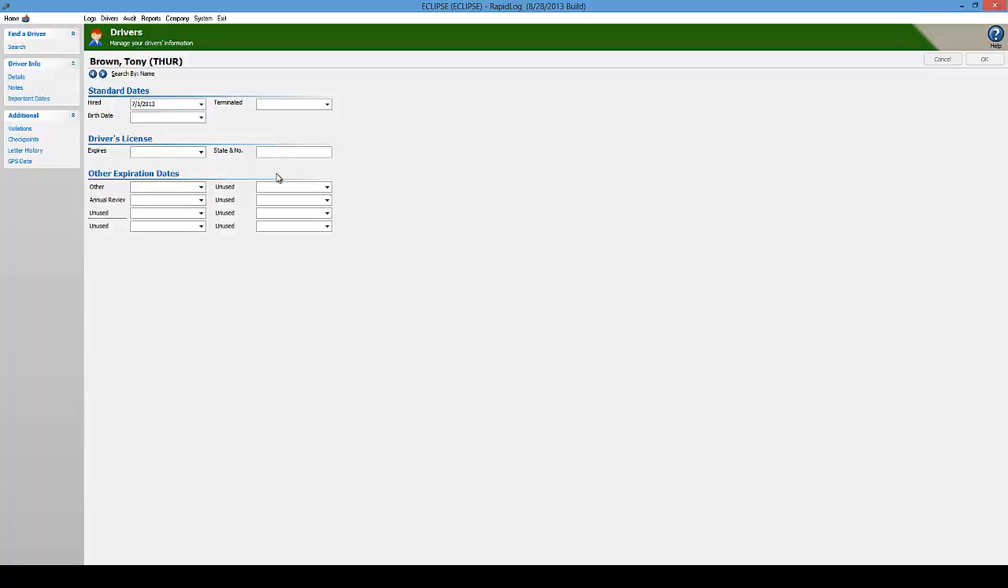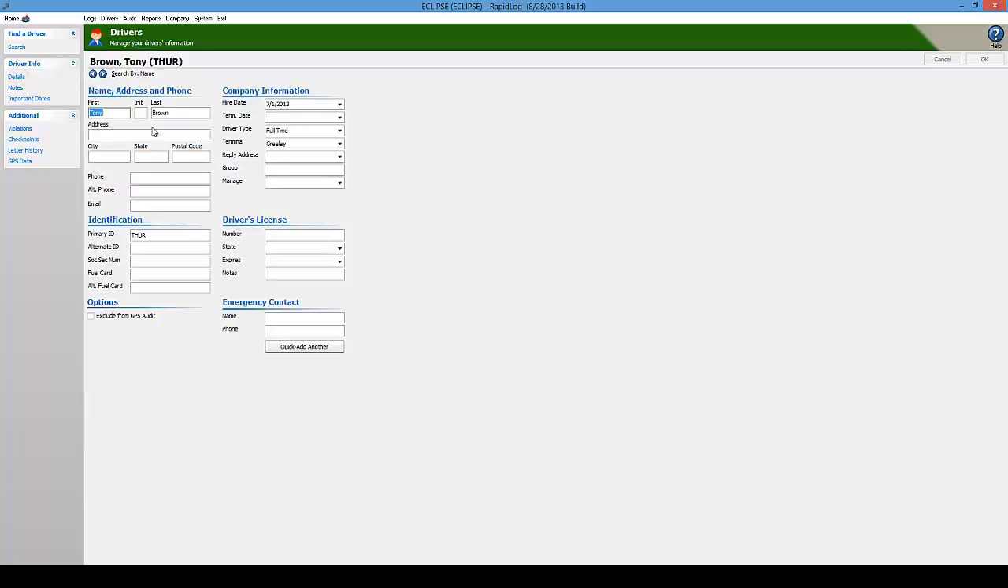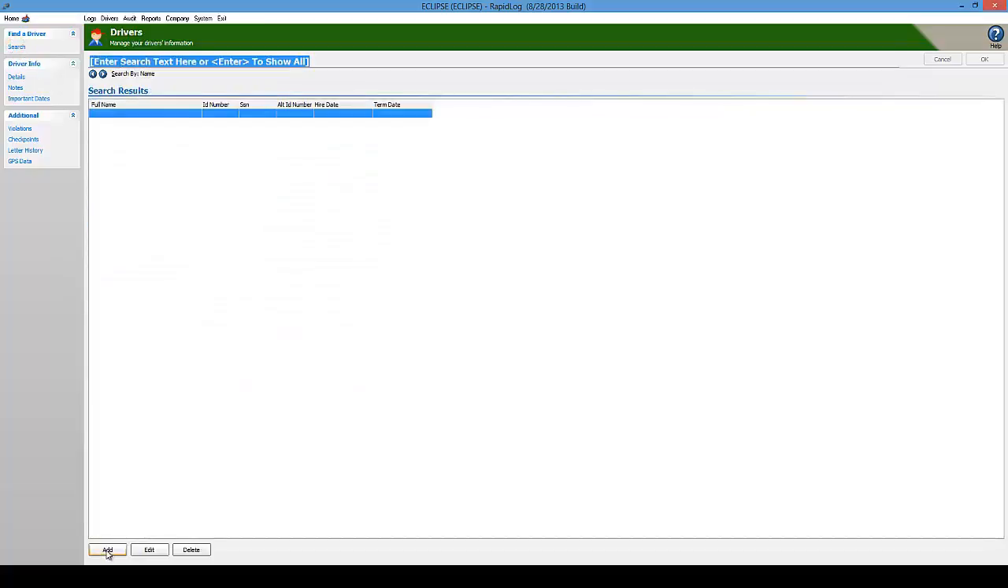But I just wanted to show you this because some customers find this very useful in communicating expirations with their drivers. So after we've added all the information that we need for our particular driver, the way that we would add an additional driver into the system is by either clicking the Quick Add Another button down below here, or we could navigate back to the search page and then click on the Add button down below